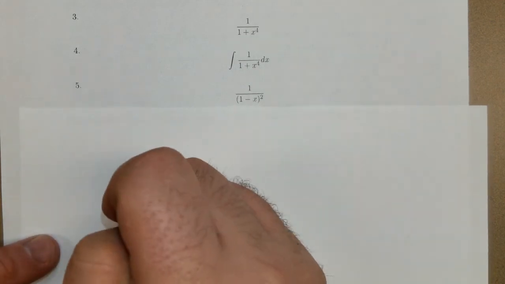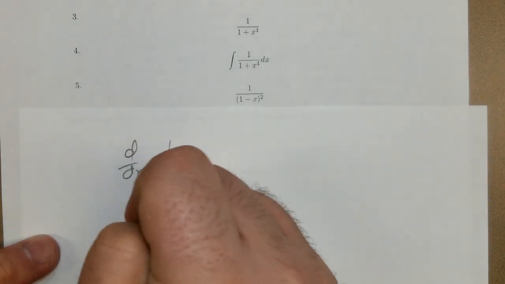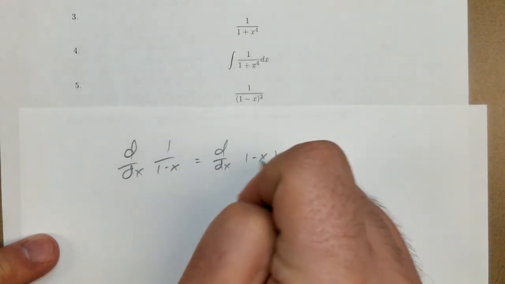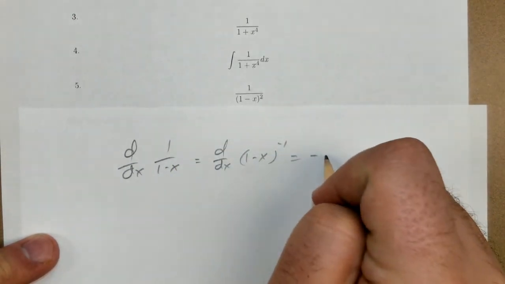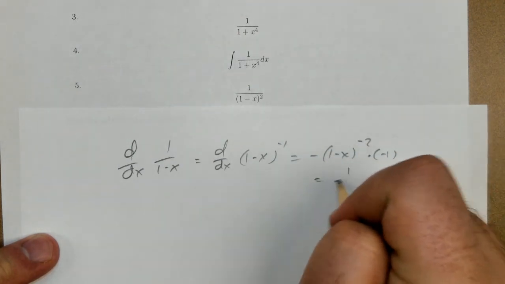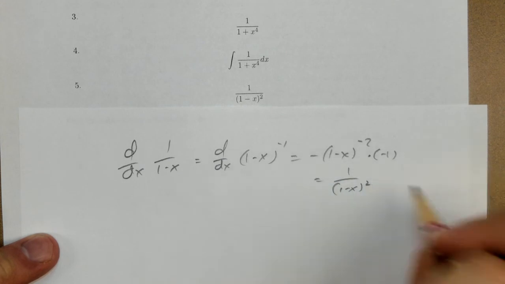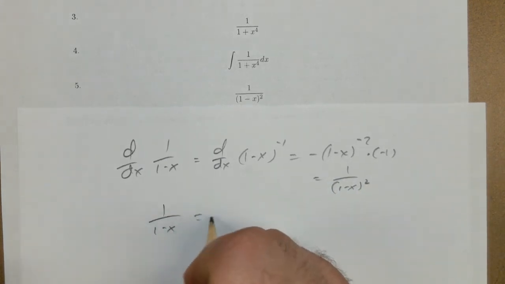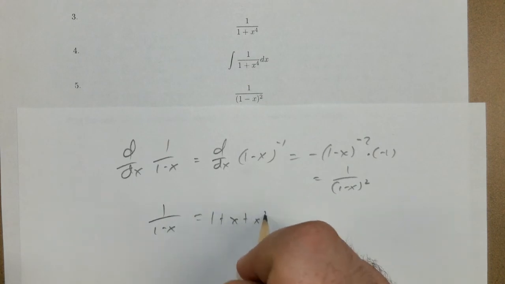Let's check that. If you take the derivative of 1 over 1 minus x, think of it as 1 minus x to the minus 1, do the power rule, and then do the chain rule, you get the series or the function that we're looking at. So that means if I start with 1 over 1 minus x, like we did a minute ago,